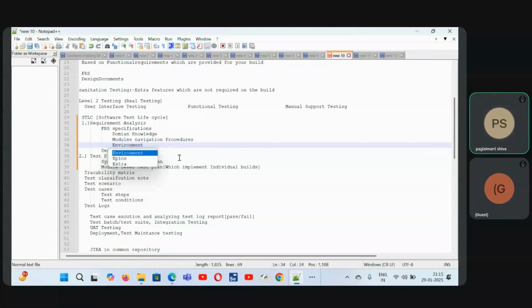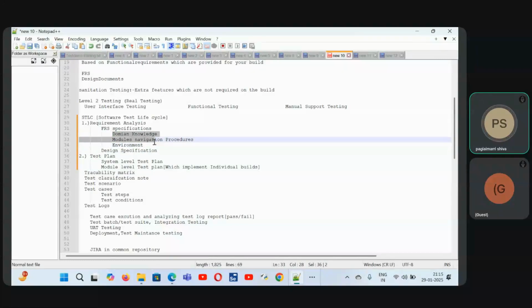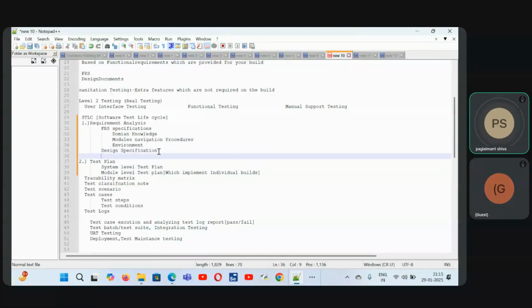Next, environment. Basically, for manual testing, the environment is not required. Suppose if you want to go for manual testing and database testing, you have to know SQL or SQL Server or MySQL or MongoDB. Those concepts should be known in environmental criteria. Okay, this should occur in FRS specifications, and the design specifications may introduce